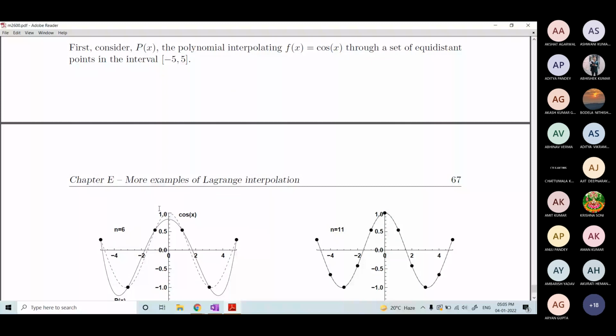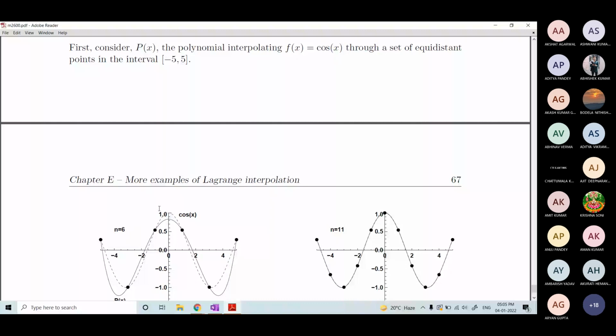Now, if the degree of the polynomial is high, there will be more ups and downs in the curve, and you may see that at the beginning and at the end there may be a huge fluctuation between the exact data obtained from the function and the data obtained from the experiment. Here you will see one such example. The function is f(x) = 1/(1 + x²). Okay, so this is the function.